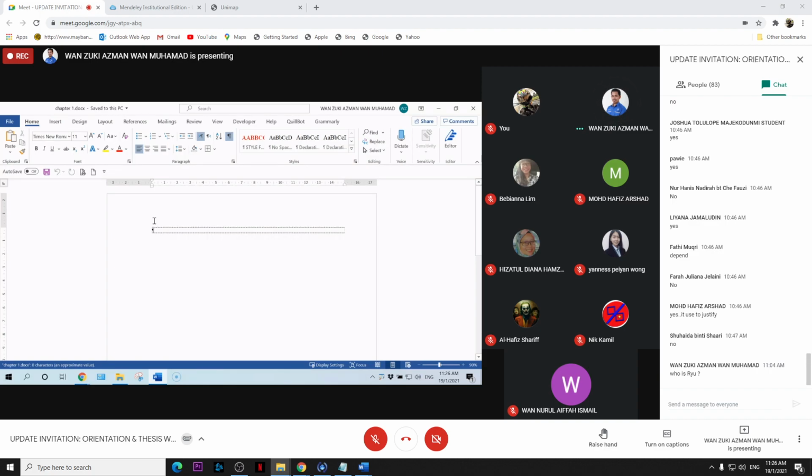You open your document, and then you just add the empty document, but the process is still the same. First, you need to attach the template. So now I open my chapter 1 again.